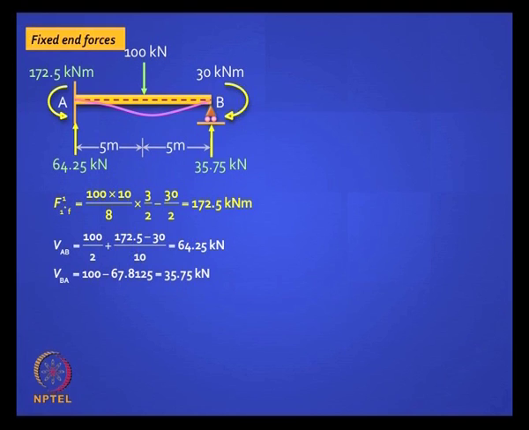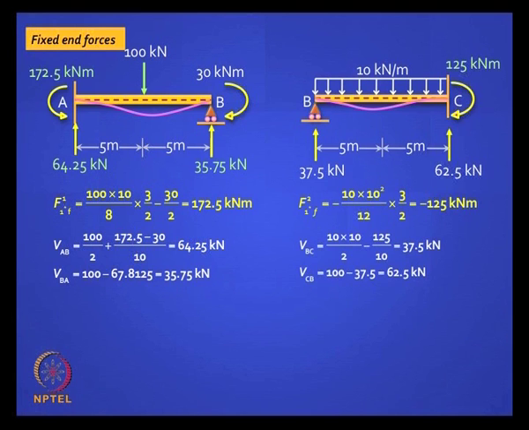Is it clear? Once you calculate this, it is easy to calculate your vertical reactions. There is a reaction here, there is an arrow that should be here, you get the reactions. We did this earlier also. Similarly, you do it for the next beam. There is a hinge, but there is no nodal moment at B. This is a straightforward problem. WL squared by 12 into 1.5, 3 by 2, find the vertical reactions.